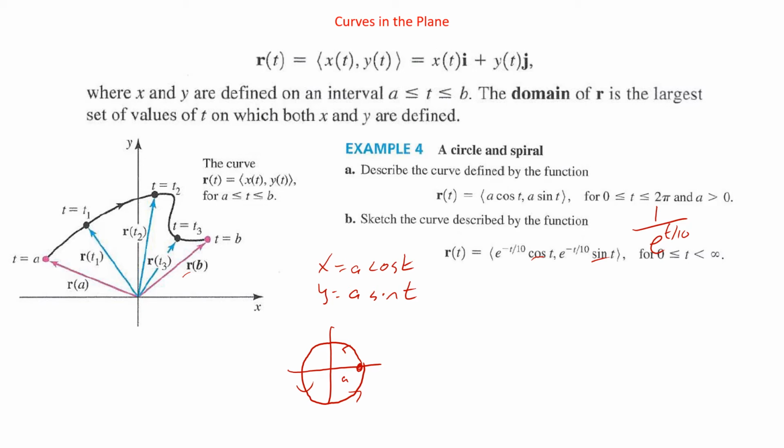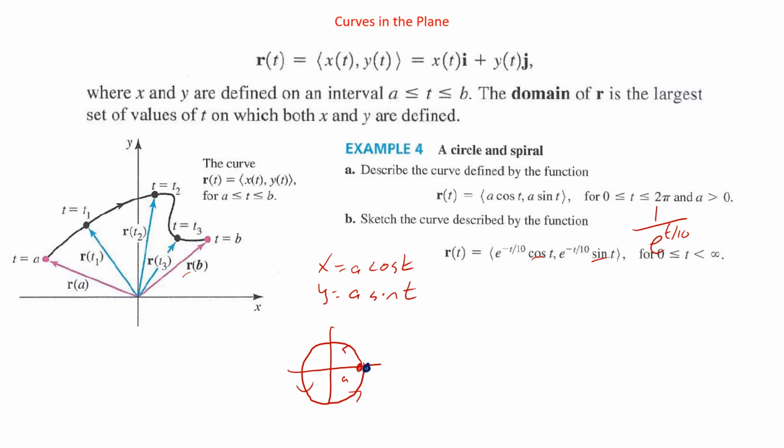So if we wanted to start out, we'd start out at 0. Well, e to the 0 is 1. So this would be 1 cosine t, 1 sine t. So that's just going to be at the point 1. We'll use the same drawing here. And then as t gets bigger,